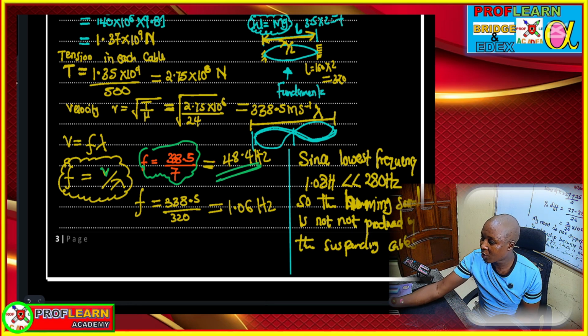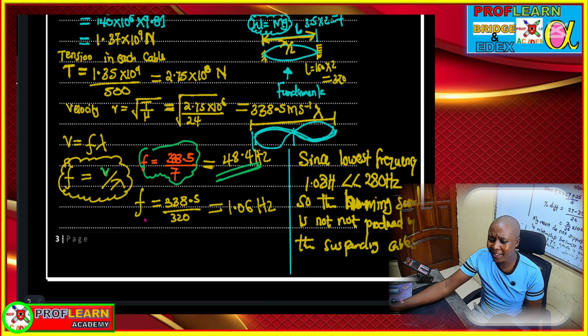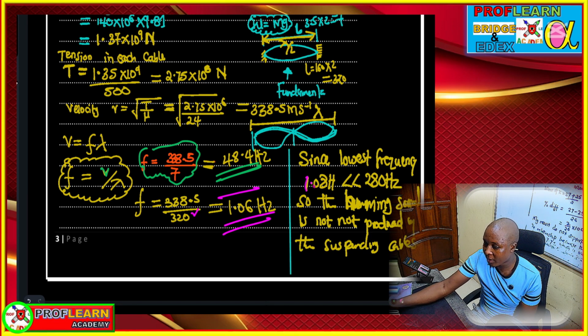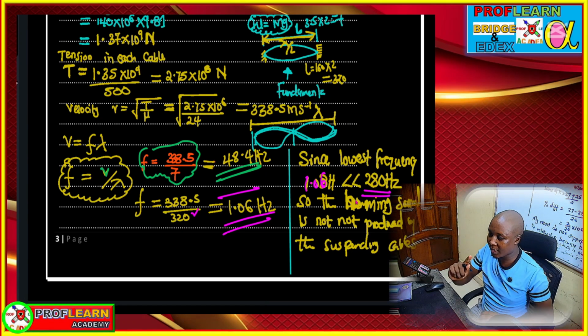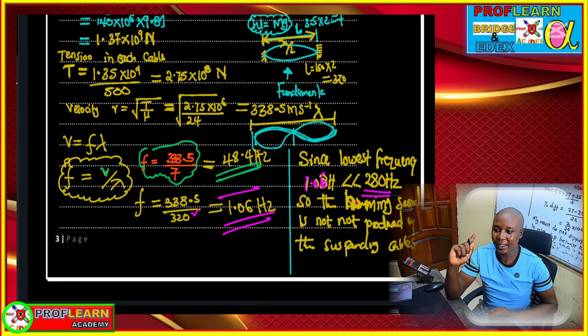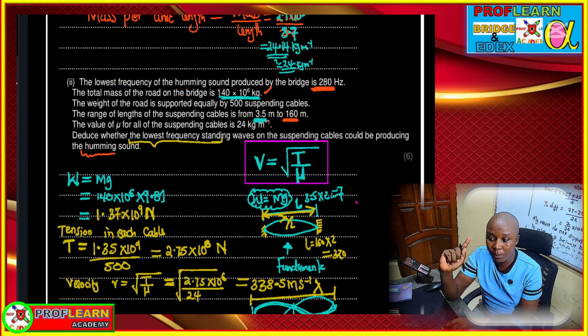But the lowest frequency is going to be given by the longest wavelength, and that is going to be 160 times 2, that becomes 320. If you work it out, you are going to get 1.06. So we can say 1.06 is less than 280 hertz. Since the lowest frequency is less than 280, then we can say it cannot be produced,